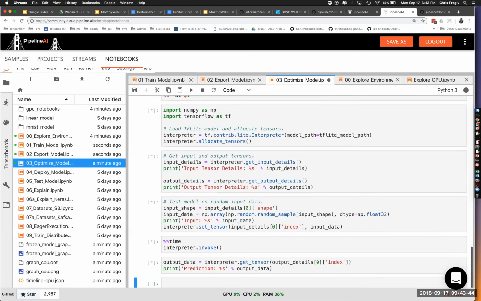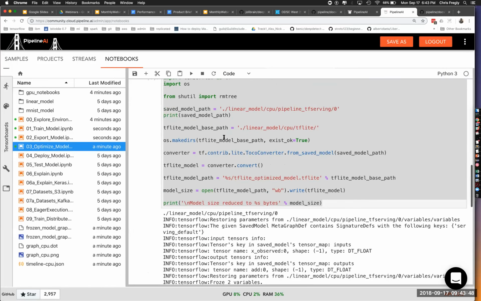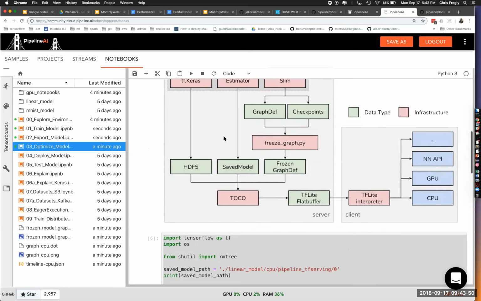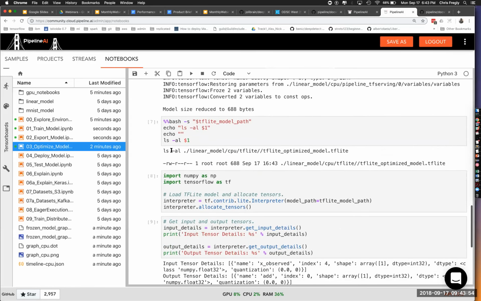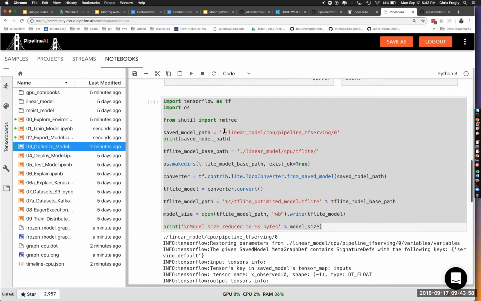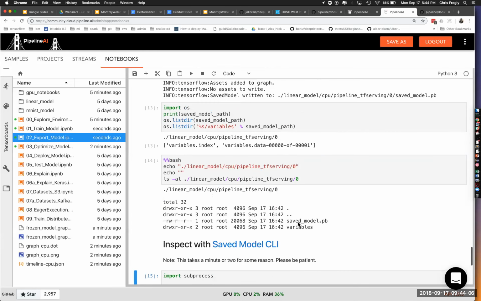Okay, so now we should be able to move pretty quickly. So we're pulling in the TensorFlow saved model. We're then looking at it. Let me go back to the export and show you guys on disk.